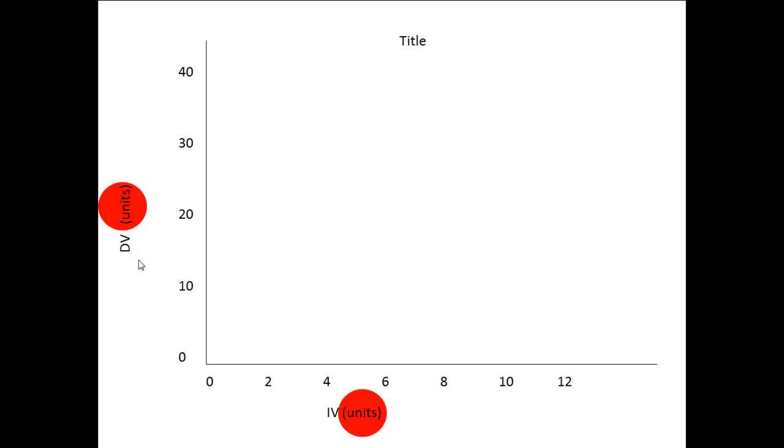Your units are what you use to measure. Did you measure in centimeters? It would be cm in there. Did you measure in millimeters? Then mm. Degrees Celsius? Show that. Whatever your units are, you want to locate them so you know what your numbers are on your x and